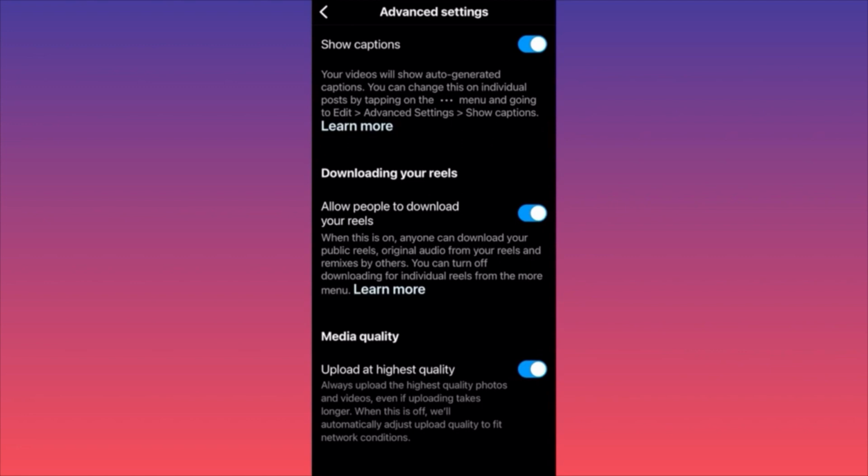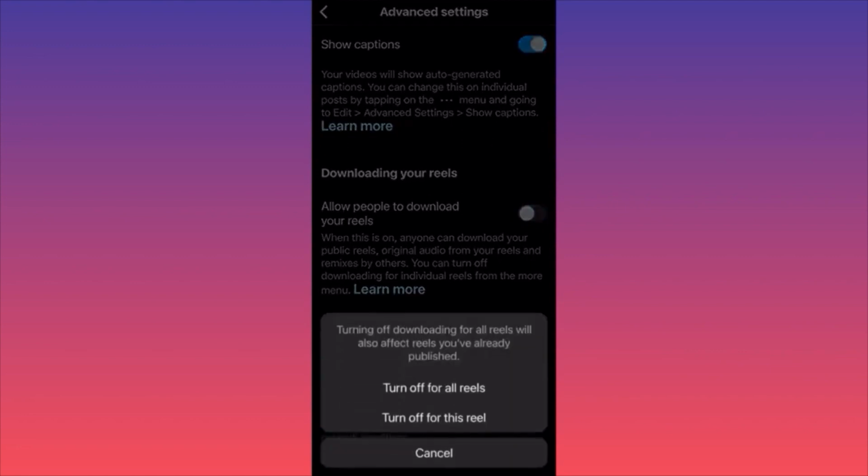This is very important if you are interested in this. If you are not into collaborations, if you feel hesitant to share your content and allow other people to download the content and to create new content out of your content, you simply can toggle this off. Toggle this off, you get a notification from reels that